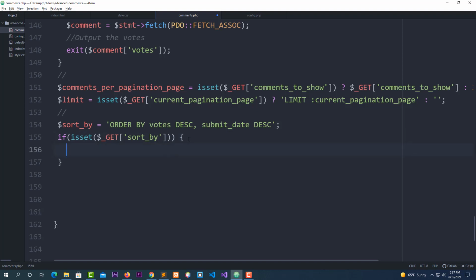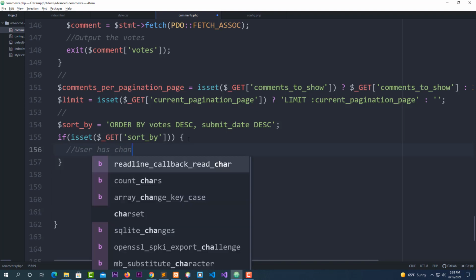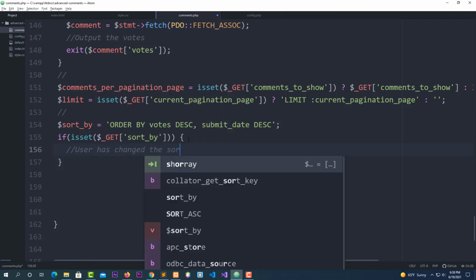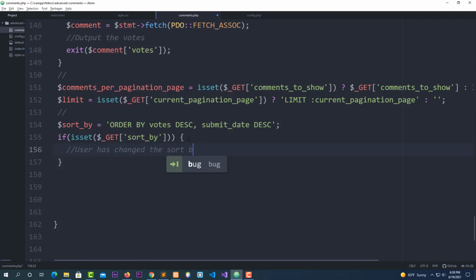Now if the user has changed the sort by, like choosing what you want. And for this, let me add something: user has changed the sort by. Now I'm going to say sort by